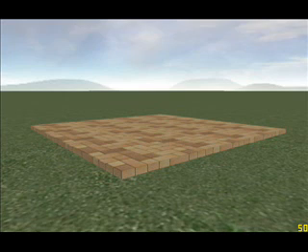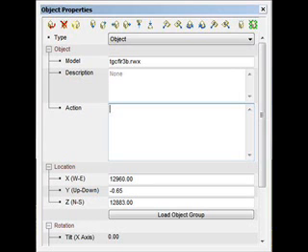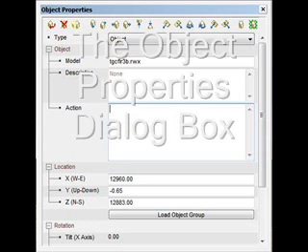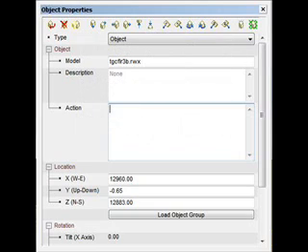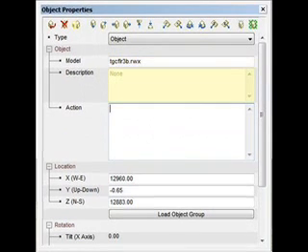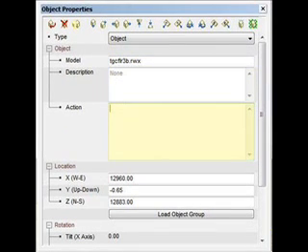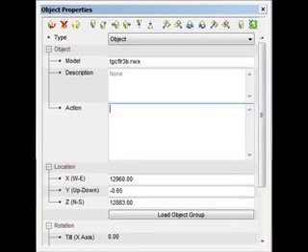Let's take a moment now to look at the Object Properties dialog box. When you right-click on an object, this is the box that shows up on your screen. Looking at the Object Properties dialog box, you will notice three main fields: the Model field, the Description field, and the Action field. In addition to these three main fields, you will also notice several icons grouped at the top